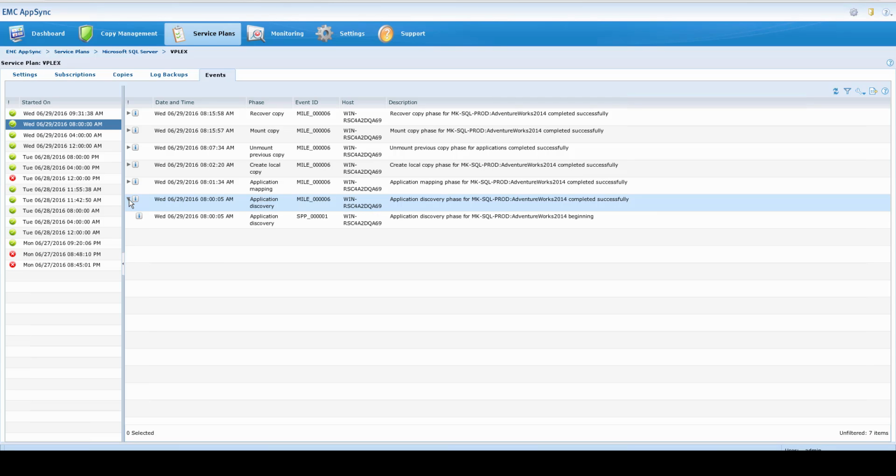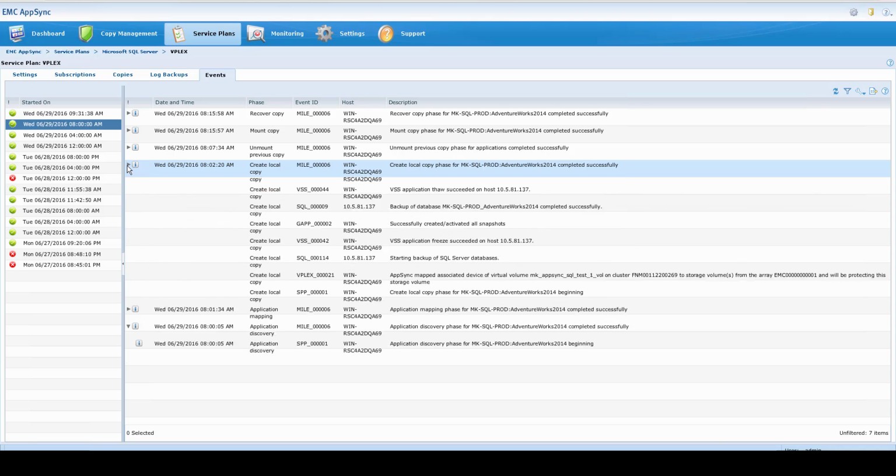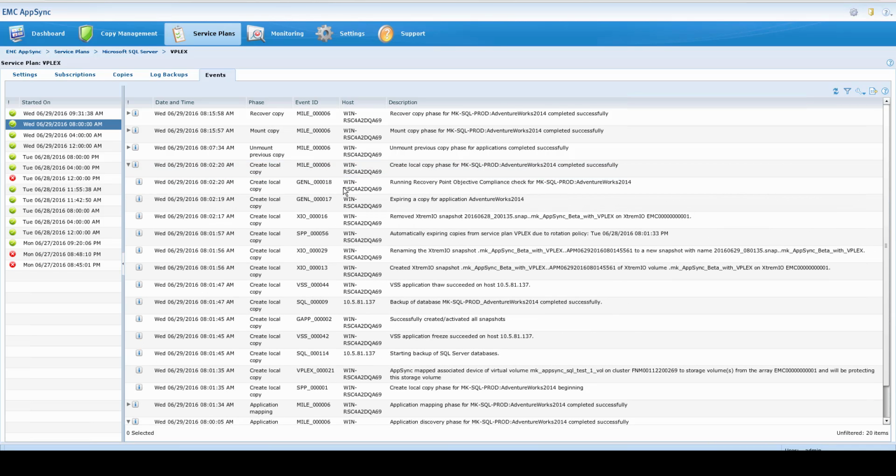All right. So the first thing it did is it discovered the application. It then mapped it, and we went through there. The next thing we do is we make a local copy. So you notice there's a few more things that are happening here, right? So what we're first doing